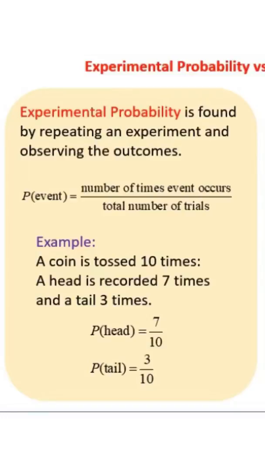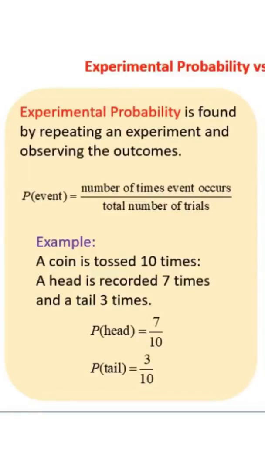The experimental probability is found by repeating an experiment and observing the outcomes. So the probability of an event would equal the number of times that event occurs over the total number of trials. So with experimental probability, we are actually doing an experiment. If we have a coin and we toss it a total of 10 times, it's going to land on heads or tails. Heads were recorded 7 times, and it landed